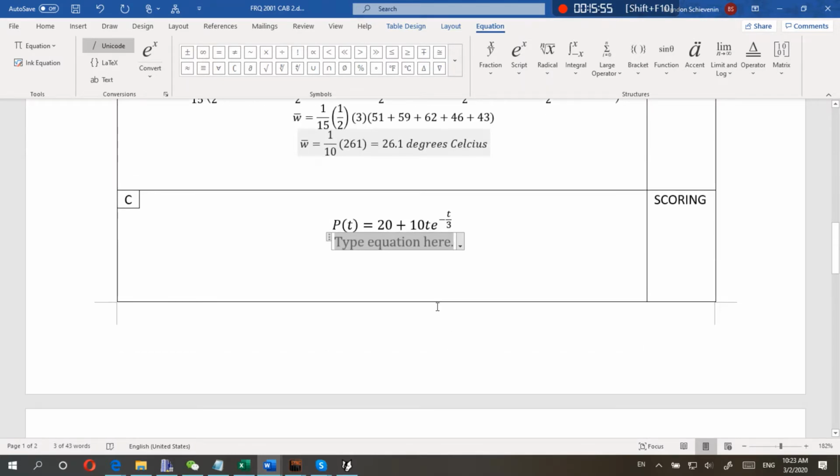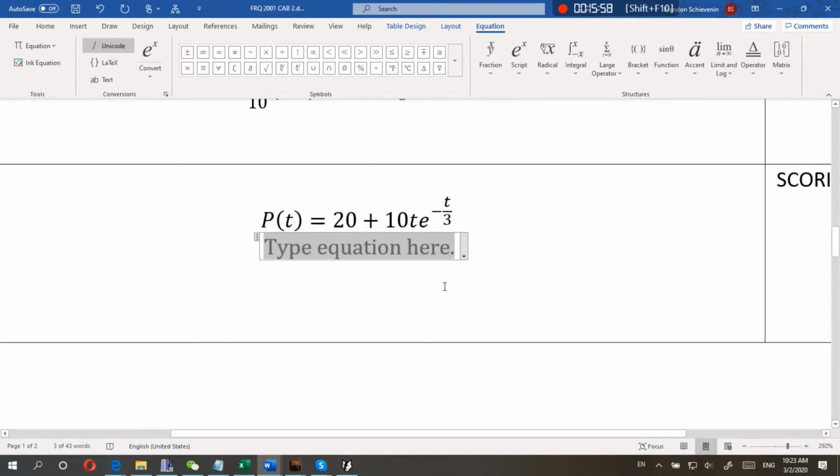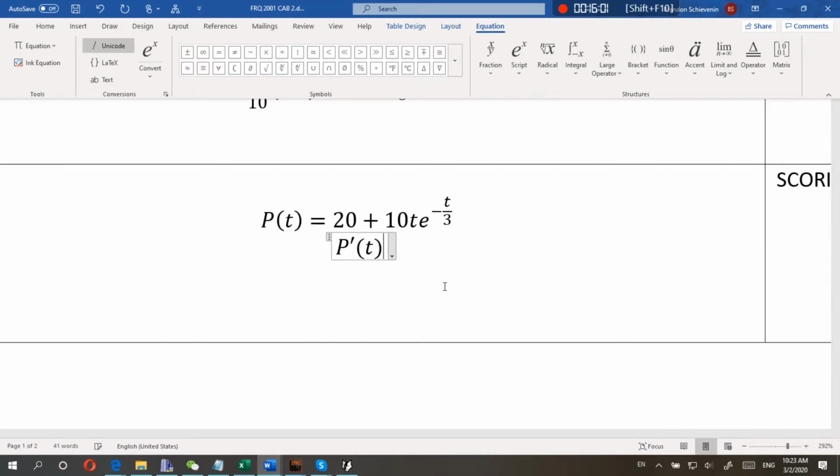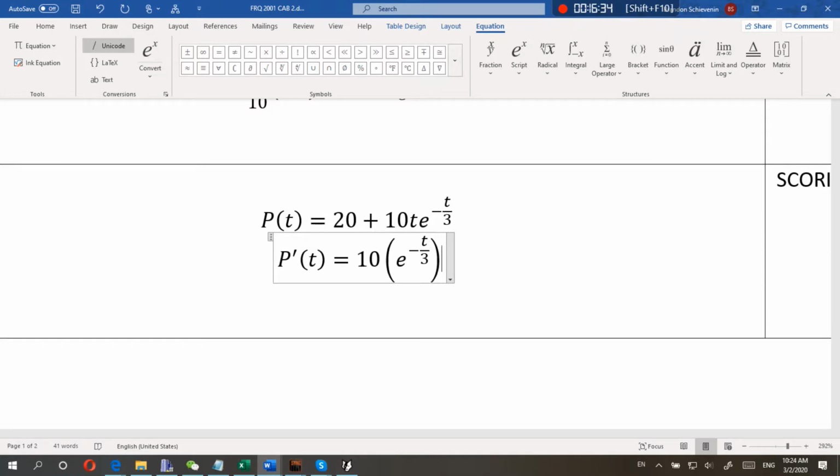So what's going to happen when I derive this? Okay, 10 times e to the negative t over 3. Okay. Plus